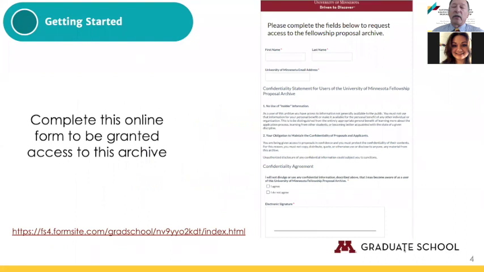And the way you would do that is, there's a URL here, you can click on that, and that'll bring up this online form for you to complete. It will actually give you an opportunity to fill this out. You're signing a confidentiality agreement, because the only reason we have these proposals is that students agreed to share them with you, other U of M students, understanding that you wouldn't be sharing these with anybody, okay? So don't share the proposal, don't share the content or the ideas. You're really looking at this just to see how to write a successful proposal. I encourage you to do that. It's really hard to be successful if you don't know what success looks like, and this is the best opportunity